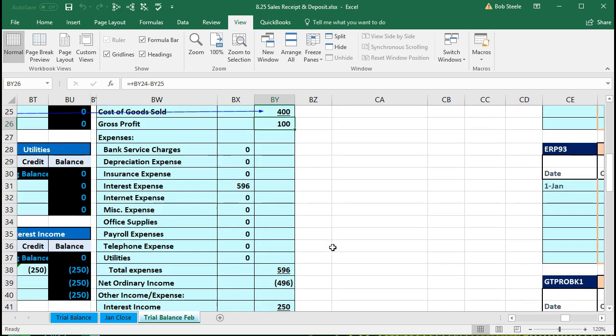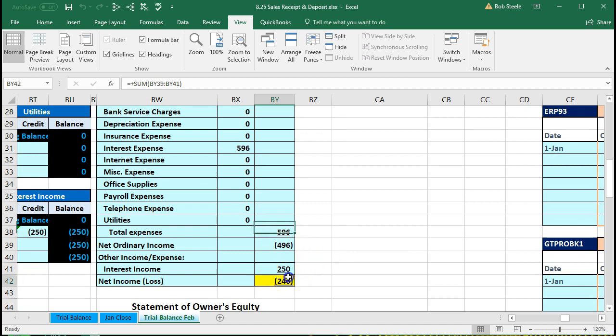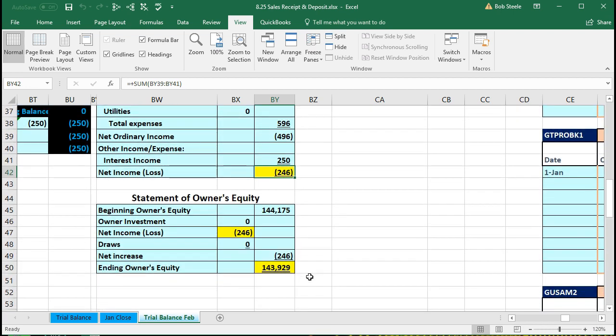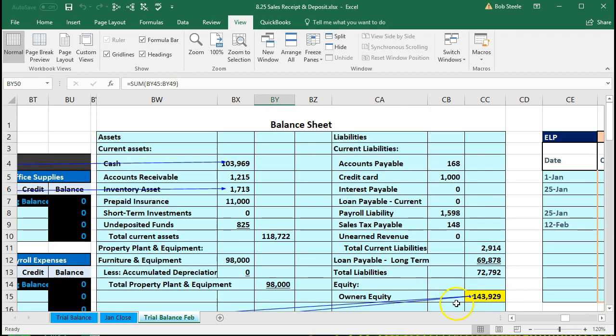That will be the same as in the ending balance down here as well. Our ending balance currently a loss at 246. And we could see that being carried down to the statement of equity, contributing to the total balance of $143,929. That too found on the balance sheet,